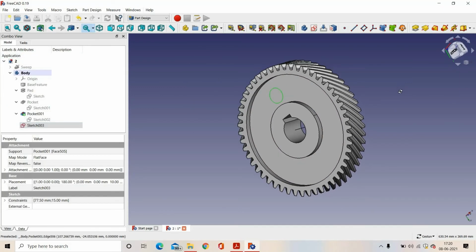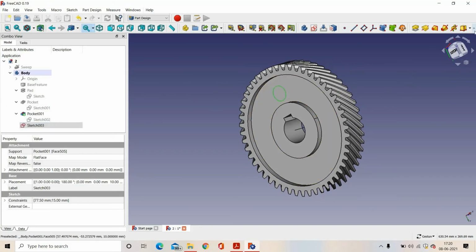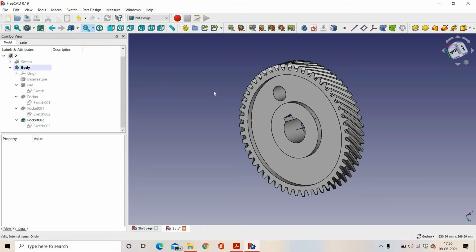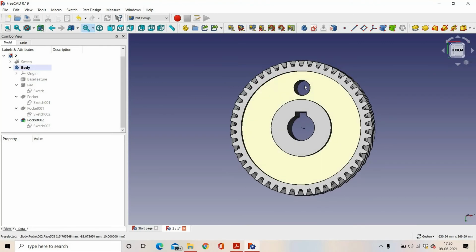We will close it and we will do a pocket. In dimensions, we will select through all. And we have created one hole. Now we have to create 6 more.